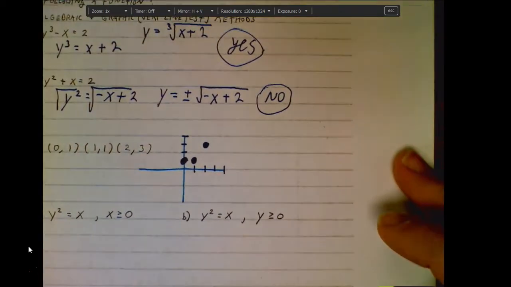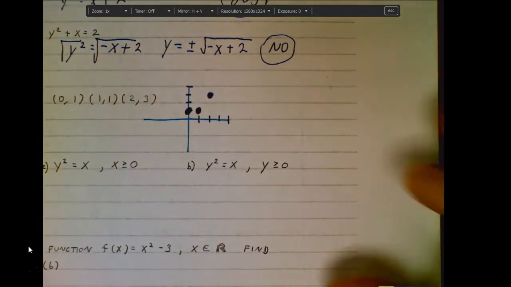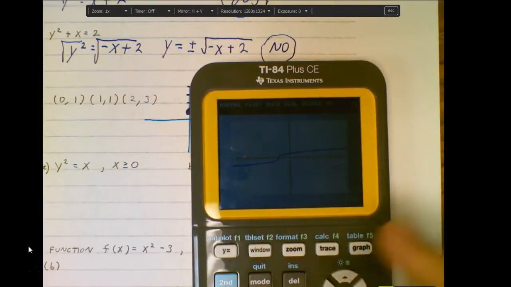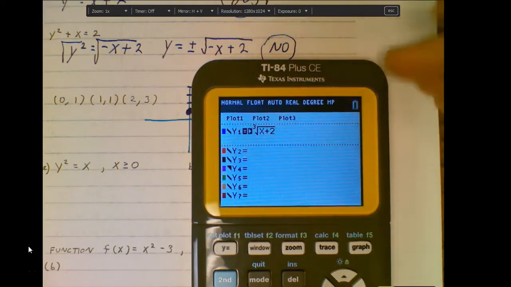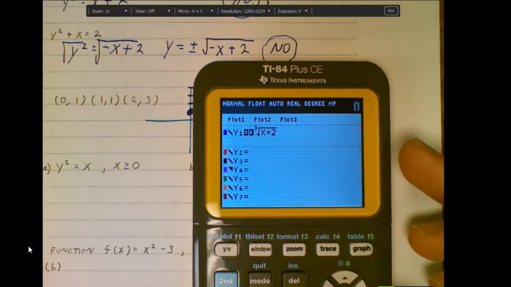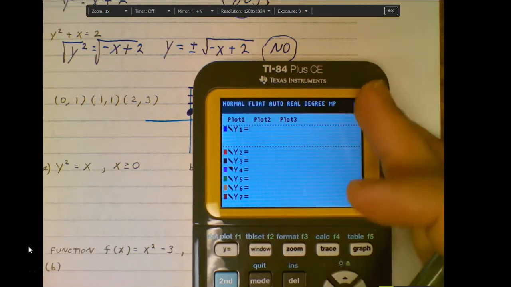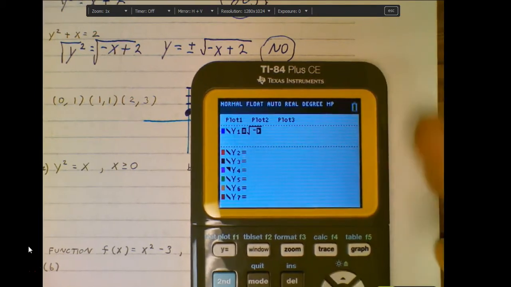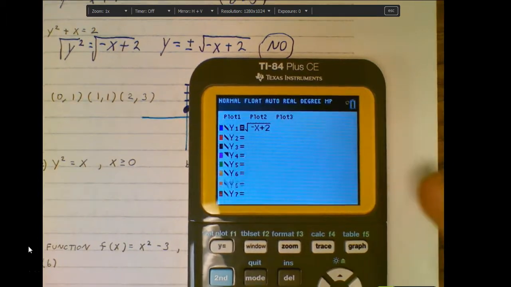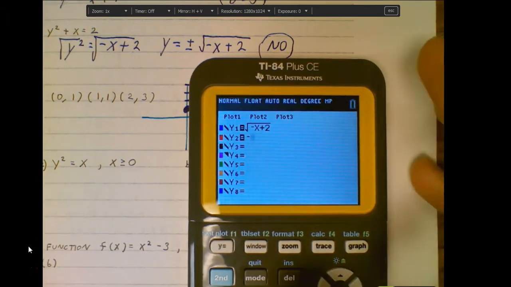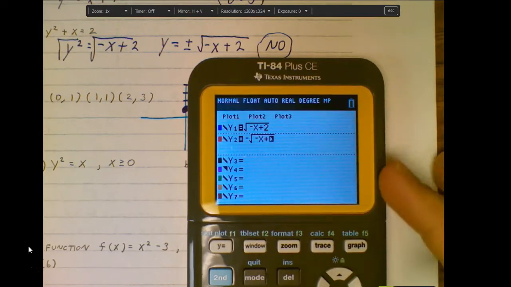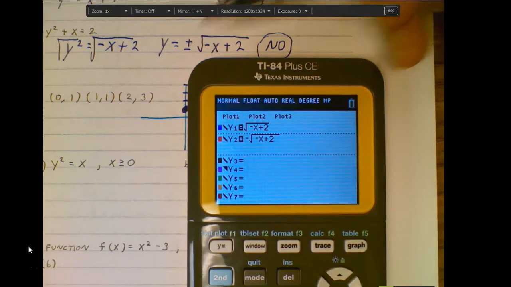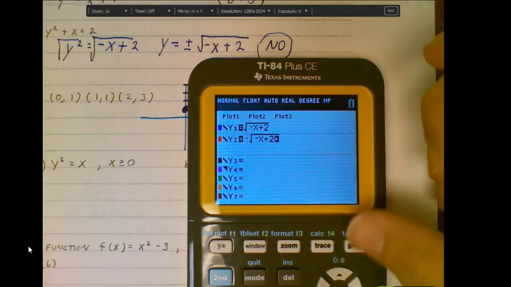Let me show you how you could, again, do this on your calculator. So keep in mind here, I have to put in the positive square root of negative x plus 2 as well as the negative on that. And so I'll just start with the positive, but we'll say the square root of negative x plus 2. I also have to put in the negative square root of negative x plus 2. And so I have the entire function. I had to do the plus and the minus. And so now when I graph this,